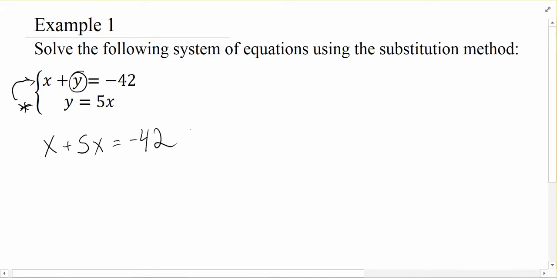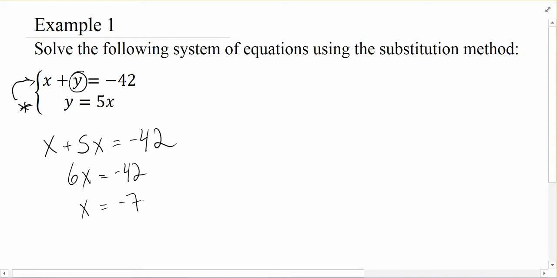And hopefully you can see the beauty of that then. We went from having these two equations that both had two variables in them, and we don't know how to solve an equation that has two variables in it. But then we replaced all the y's in one of them with x's, so that that equation now only has x's in it. If we have an equation that only has x's in it, then we know how to solve that. So we can solve that by combining like terms and then dividing by 6. And saying, hey, the x value is negative 7.